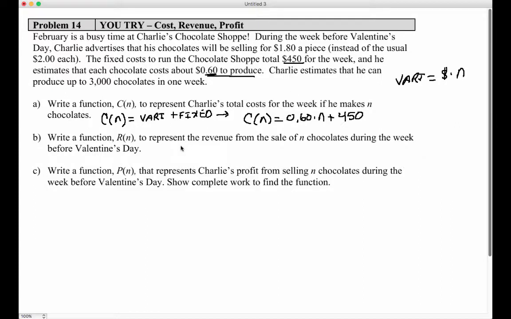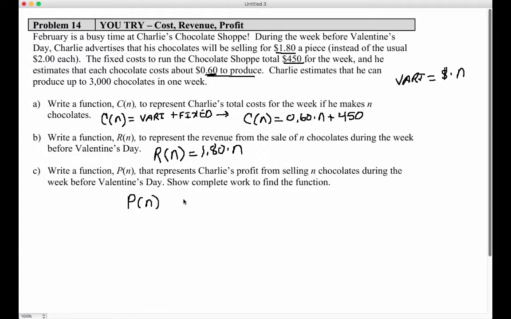The revenue function. Revenue is very similar to cost in the sense that it's a dollar amount times the number that you make, but this time it's money in your pocket, not money out of your pocket. So our revenue function is equal to whatever we charge per item times the number of items that we produce. During Valentine's week, Charlie's selling them for $1.80 each. So that's how much it is per item times the number of items, which is n. Now profit